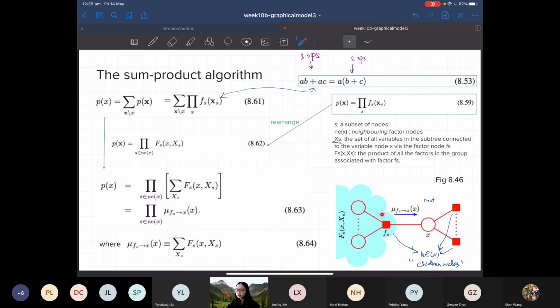So basically, this factor is connected to some other variable nodes, and there might be other factor nodes that are downstream, right? Something like that, and it goes on forever. But the important thing to note is that because it's a tree structure, all of these variable nodes that are descendants of this factor node do not overlap with the descendants of other factor nodes. Okay, so that's a mouthful, and this is where the top-down